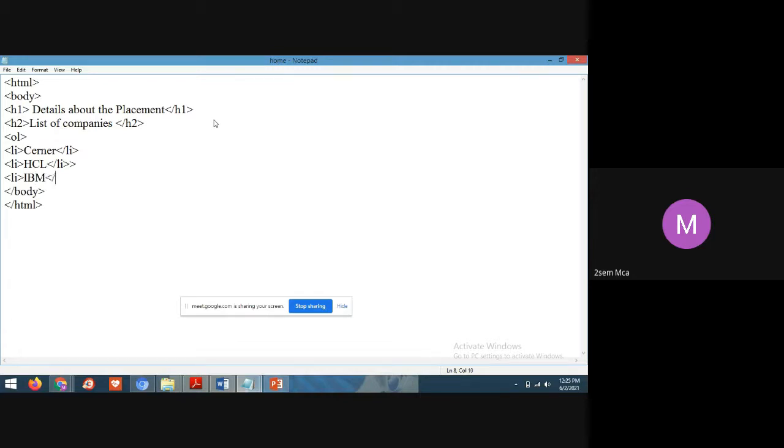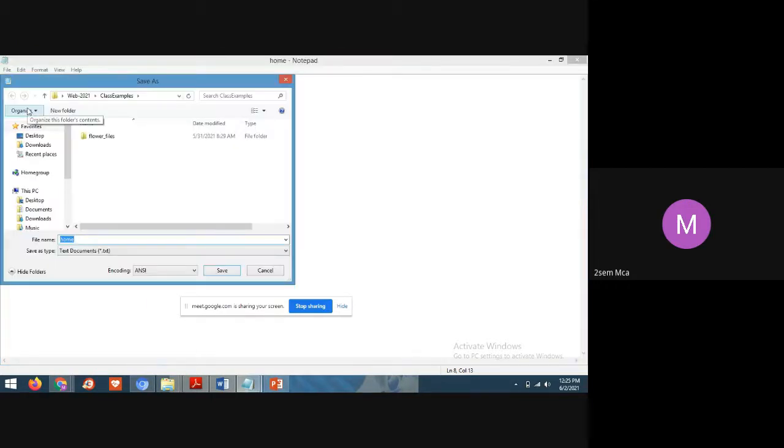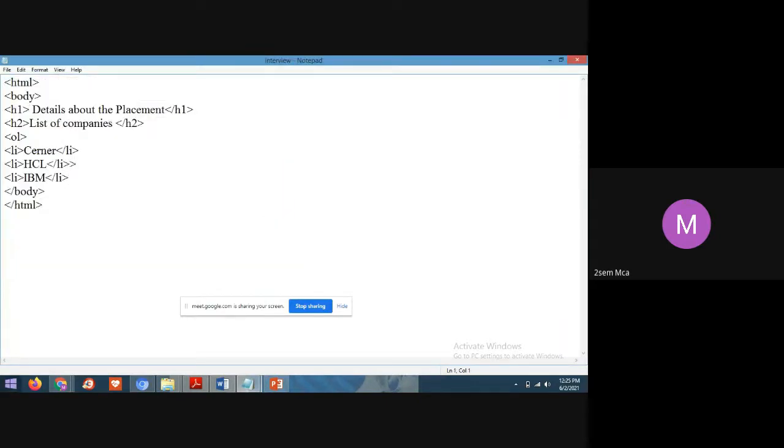IBM, close the list item. Save as interview dot html. Just for reference, whatever the link I have given, the same file name I am giving, students.